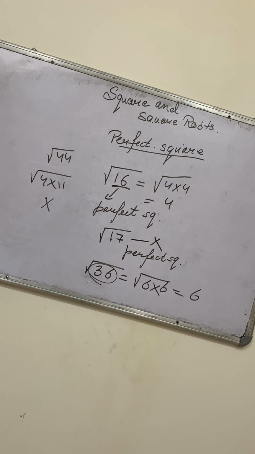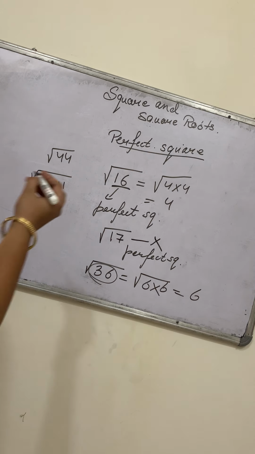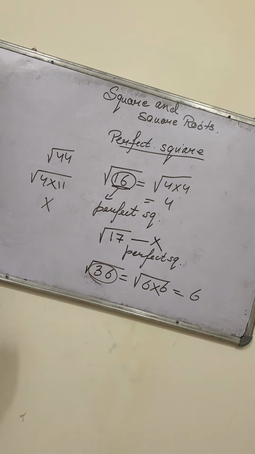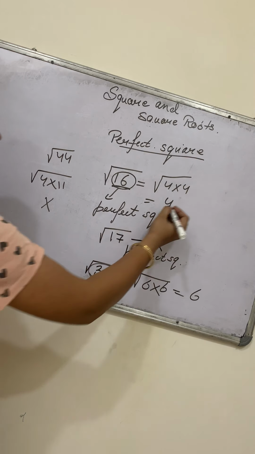We are getting a perfect answer. That means 36 is a perfect square. Perfect square हम इस number को बोलेंगे. Okay? So 16 is a perfect square. 36 is a perfect square. If I talk about 17, so 17 is not a perfect square. Okay? You can also write it, understand it this way.